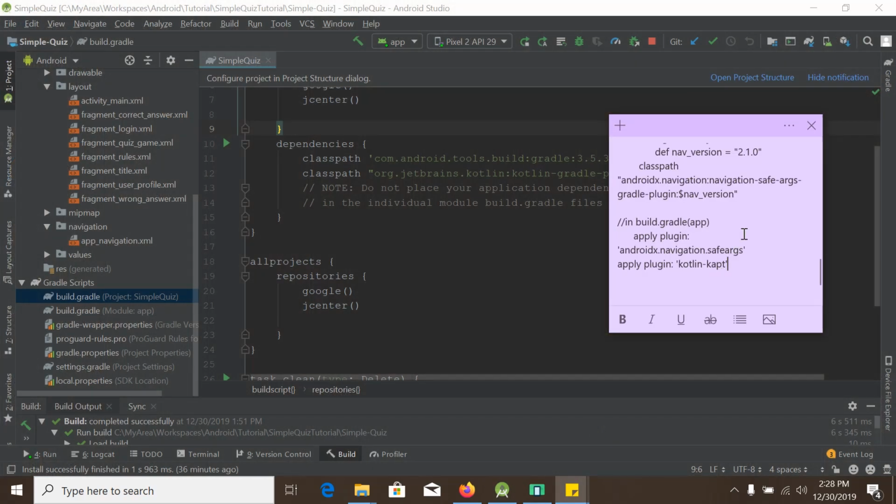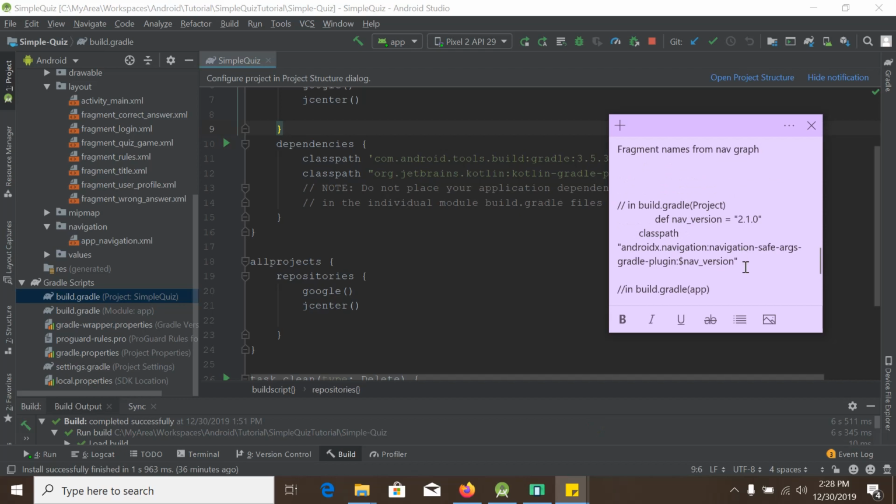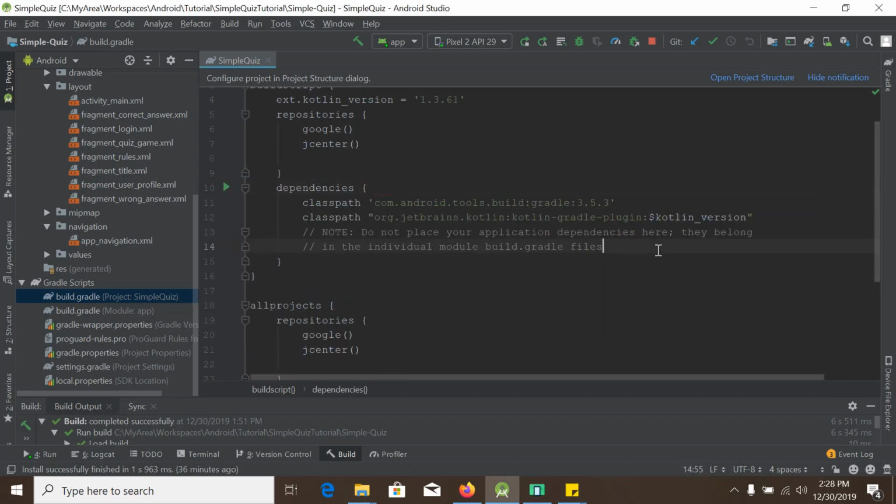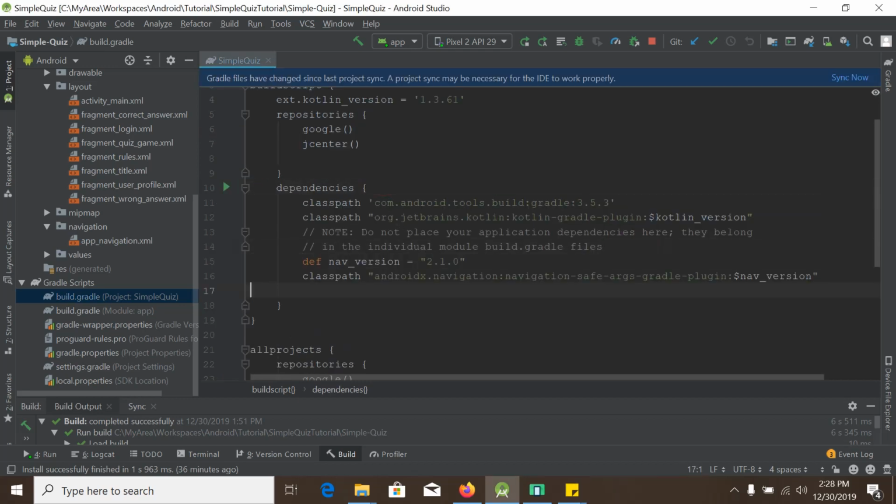I have written the dependency here, so simply copy and paste it inside the dependencies. I will put these dependencies in the description link. Please see those dependencies from the video description, and we will go to the module app,